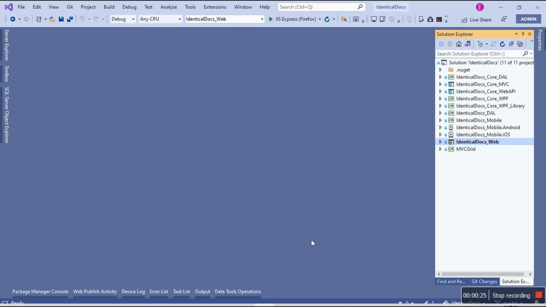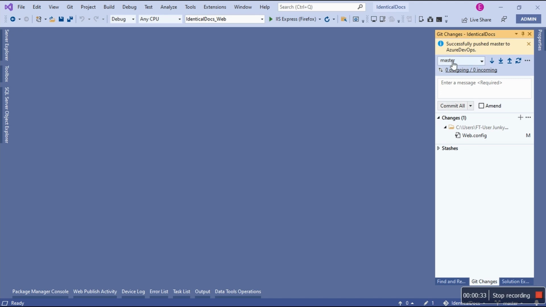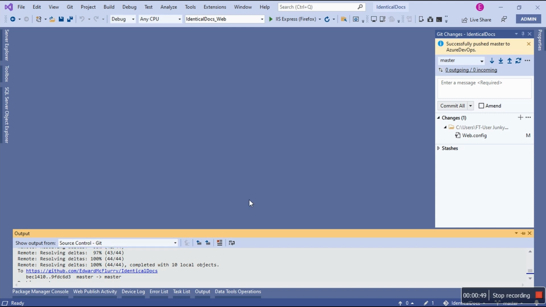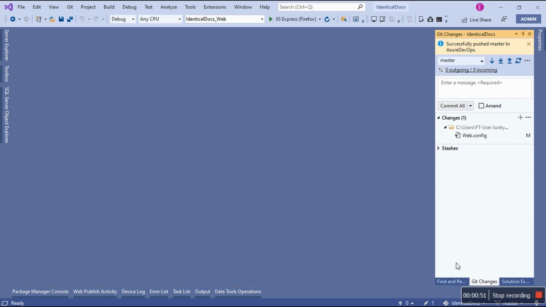So I'm going to switch to Visual Studio. I'm currently on Master Branch, and if I go to the Git Changes tab, you see that I successfully pushed Master to Azure DevOps. And if I switch to the output and source control, it shows that I also pushed to GitHub successfully. And the reason why I'm showing this is, like I said,